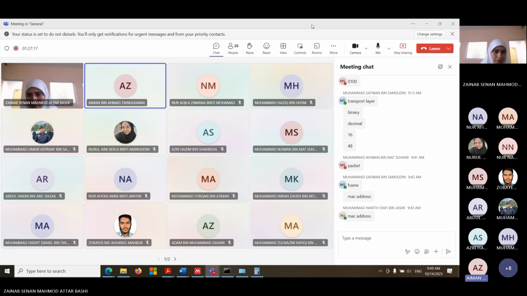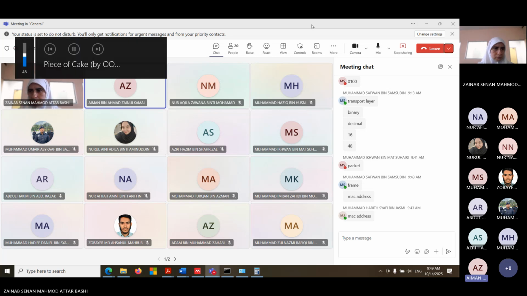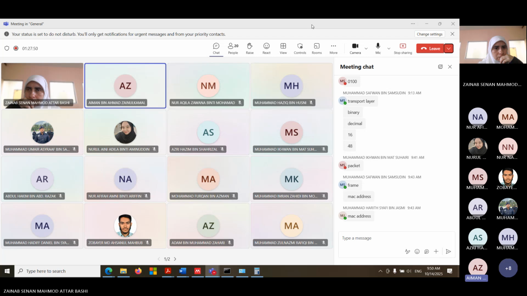Before this semester, during the holiday, I did some research and study about networking, starting from what networking is. I did a bit of revision, and then I watched some YouTube channels that talk about networking, especially from cybersecurity experts. Most of them said that the thing that makes it hard to study is networking.